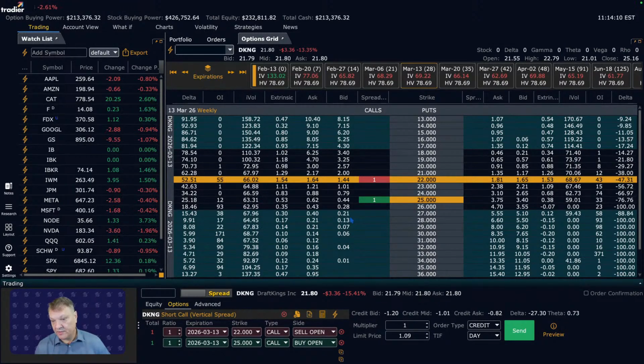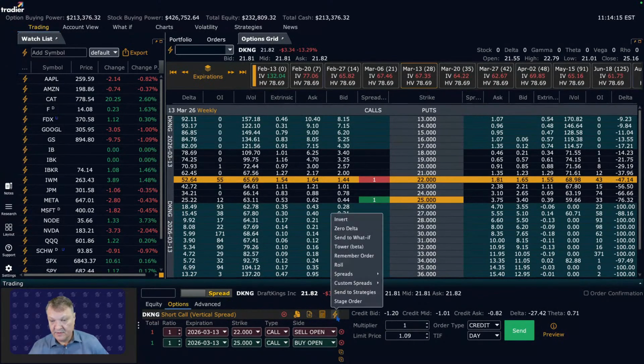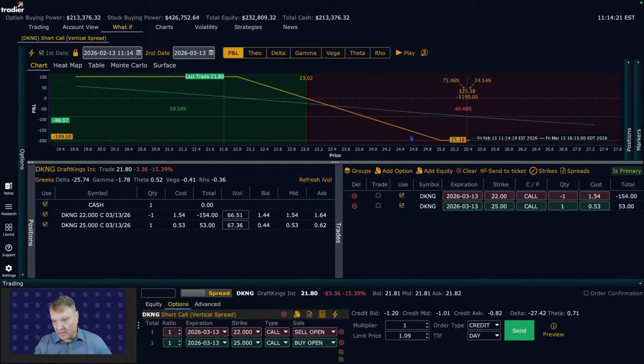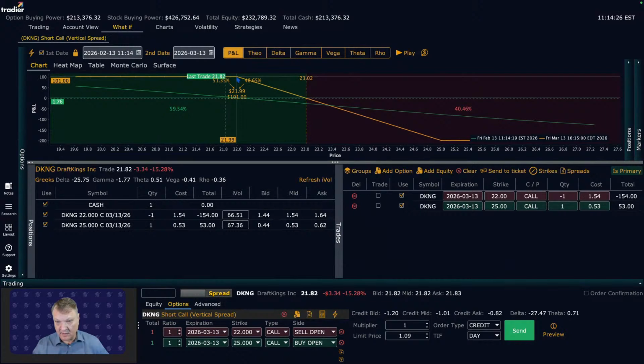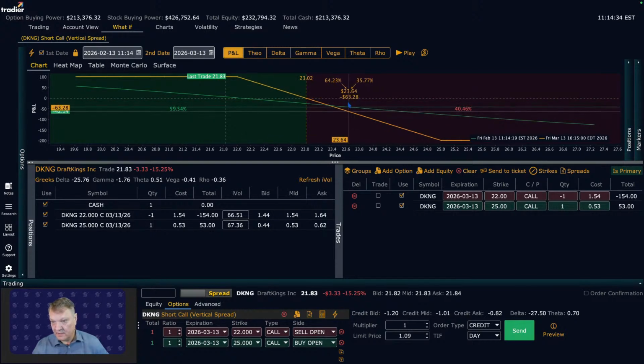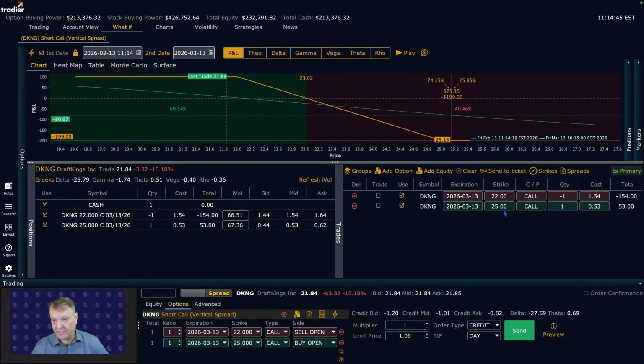Yeah, a 3-point wide trade, and you're bringing in $1, and you're bearish on the trade. So this is a vertical spread. The thing has already happened. So if we stay below 22, we make $1 on this trade. The market's at 2180. Our break even is going to be at 23, right here. That's where we cross that. And then our risk is 2 points. So you're bringing in a third of the width of the spread. You're going out